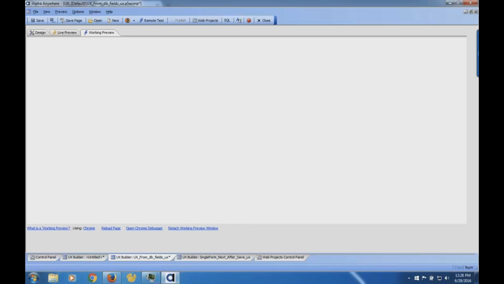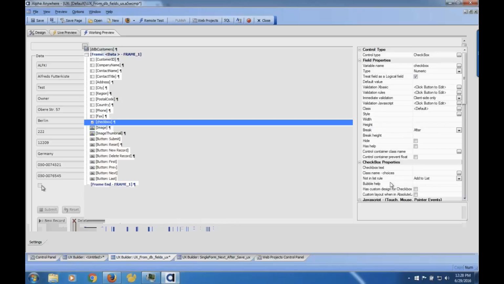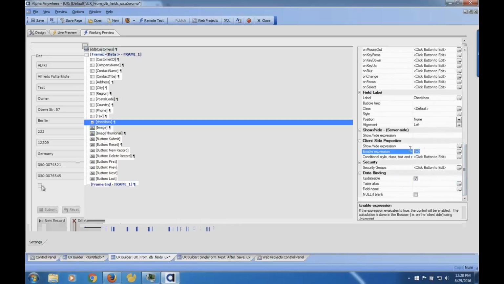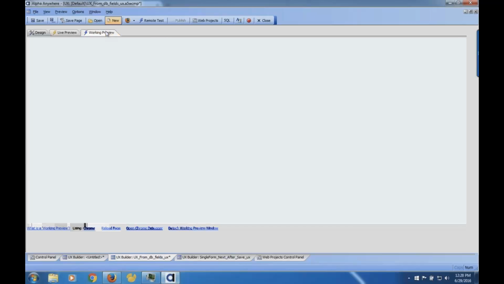So you'll notice I have it here, but I can't select it. I'm clicking on it, and nothing is happening. If I go back to that enable expression and say 1 equals 1, now when I click on it, I can select it. Now, if I just wanted to hard code it to be 1 equals 0, I could do that, no big deal. But this actually is far more powerful.